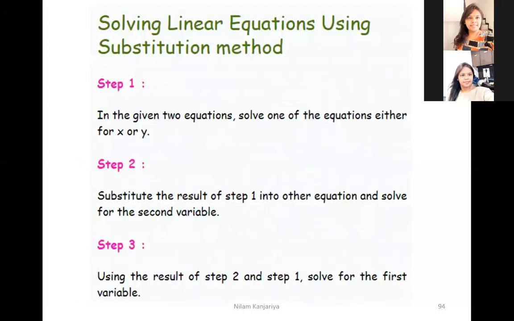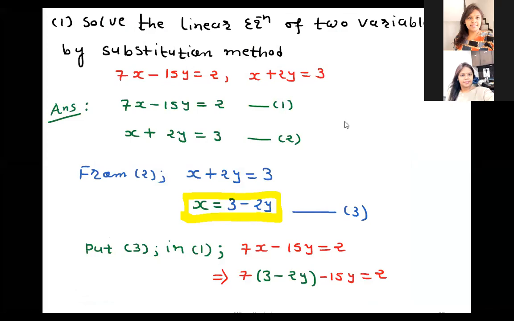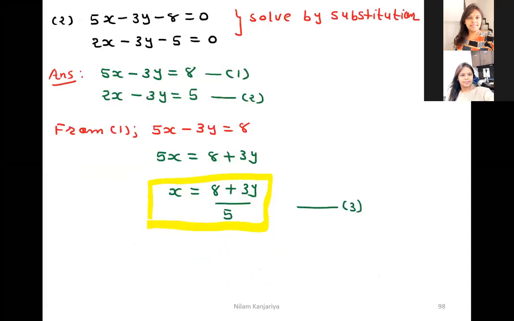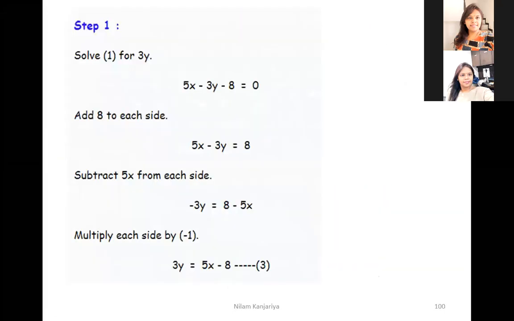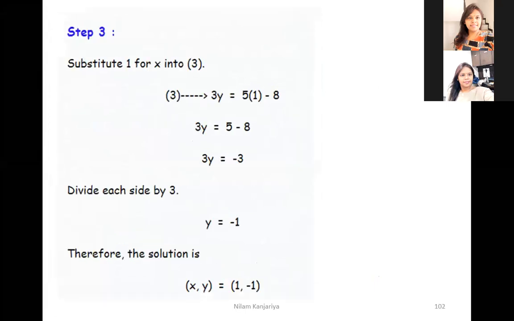This is the method of substitution. In this method, we take the x or y variable, make it the subject, and put it into the other equation, then solve it. This is the procedure to find the two unknown variables x and y. Some examples we already discussed. The material, class lecture notes, and videos are on your Google Classroom, so you don't need to worry about this content.